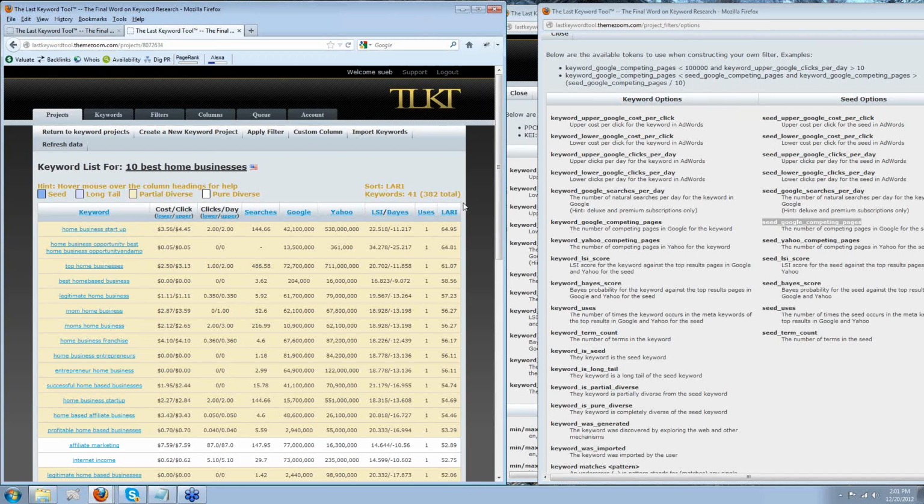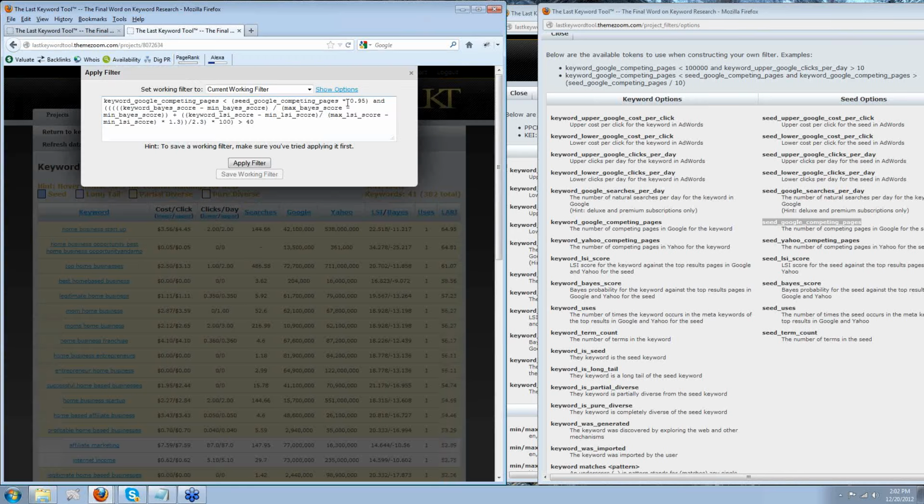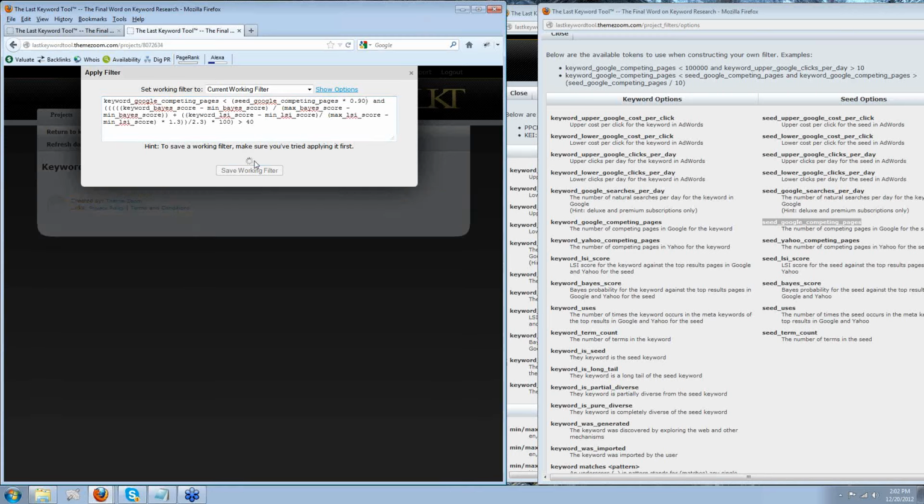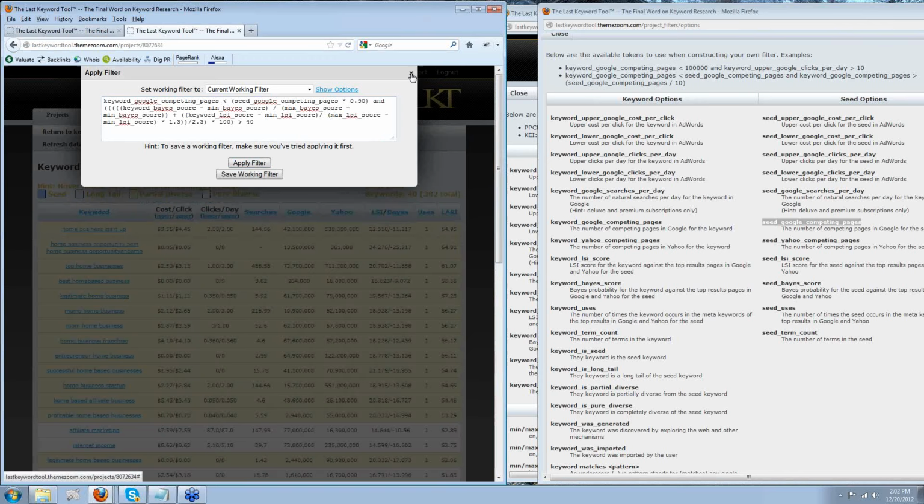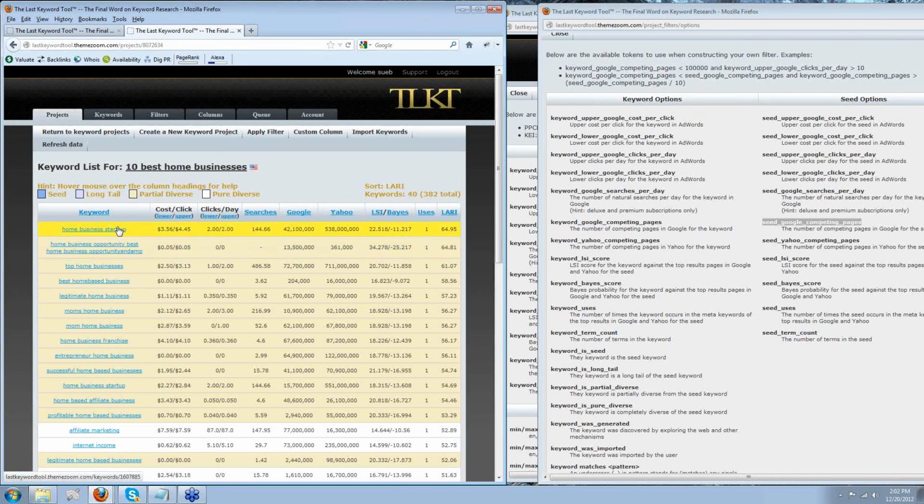If I wanted to get articles and supporting keywords out of the same drill, then I would do something like this. What I had a minute ago was 90% for the articles, and in a perfect world, I would drill into each one of those articles. Let's say home business startup was something that I really wanted to use as an article. The best thing to do would be to drill into that to get my supporting terms. But if I didn't want to drill into it,